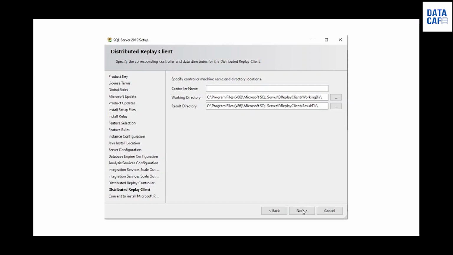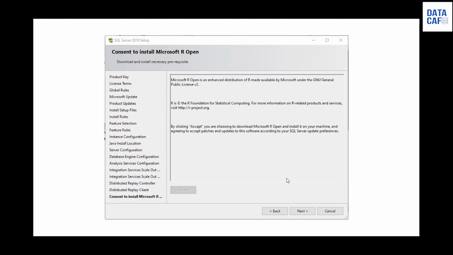So click on the next button, then you can see, if you want you can install Microsoft R Open version with the installation of SQL Server. By clicking on this accept button, you can install the R Open version. Then it will download some setup files from the internet, so you should have a proper internet connection to download those libraries.